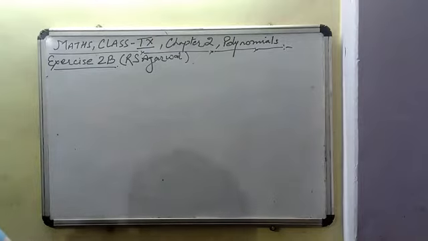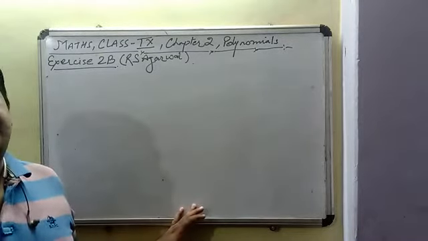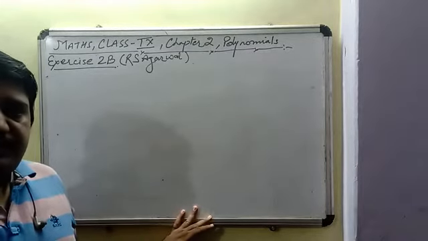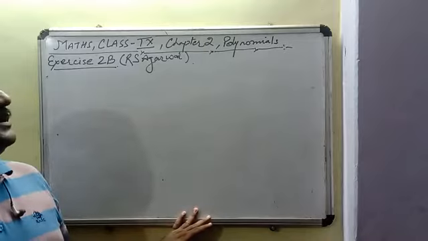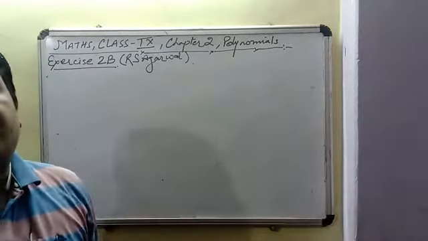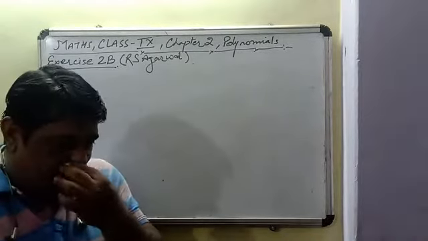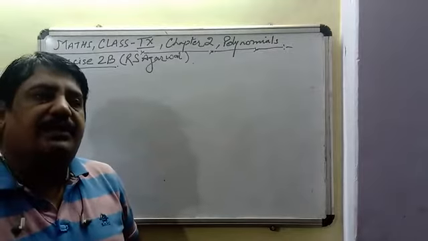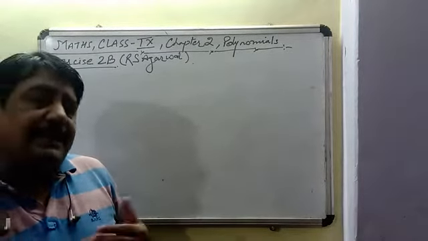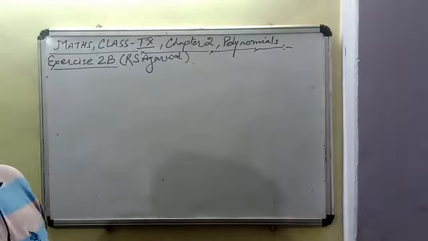Students, by this time we have already gone through our chapter number 1, exercises as well as concepts are completed, and in our last few videos we were discussing chapter number 2, that is polynomials. We have gone through the entire concept of polynomials. We have seen what polynomials are, the degree of a polynomial, the coefficient of a polynomial, and the types of polynomials like linear, quadratic and cubic polynomials.